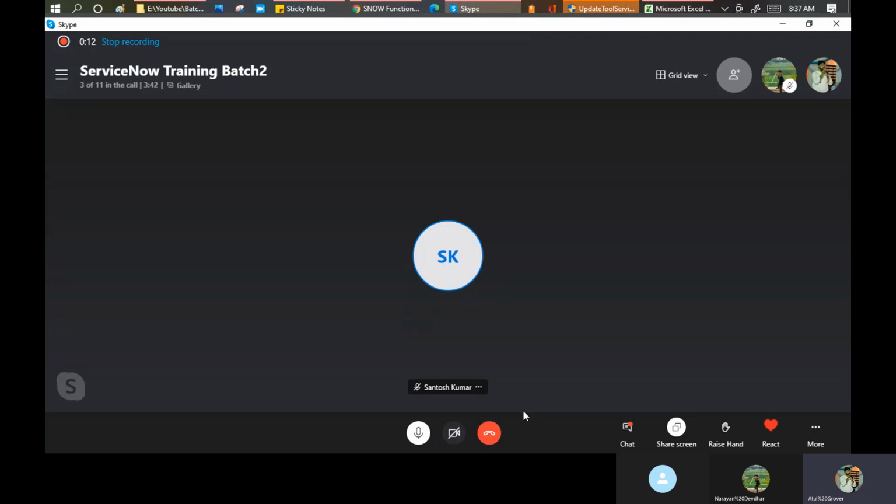Till yesterday, what we discussed was the data lookup: how data lookup actually works, or how I can build up the data lookup. Unfortunately, we needed to close the call without any proper solution for what we were making. So I did some R&D and identified that there is no UI policy, UI action, business rule or script running in the background. It is our fault because we put a wrong value there. So let me show you that part.